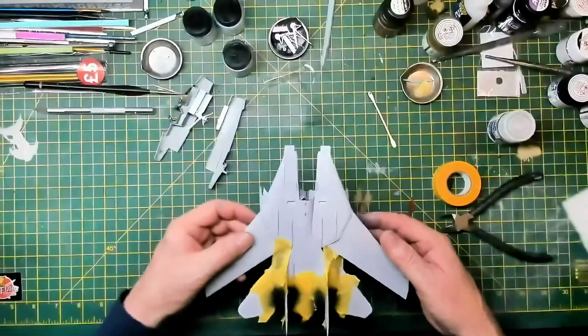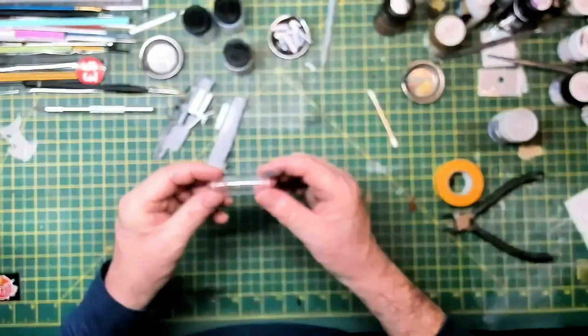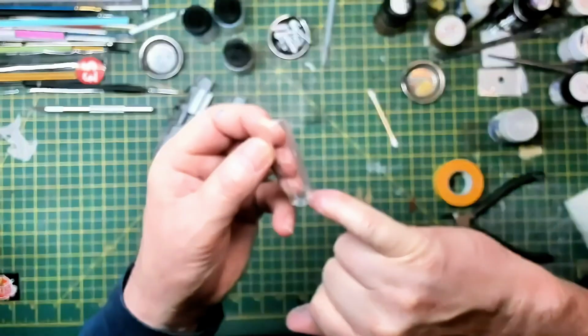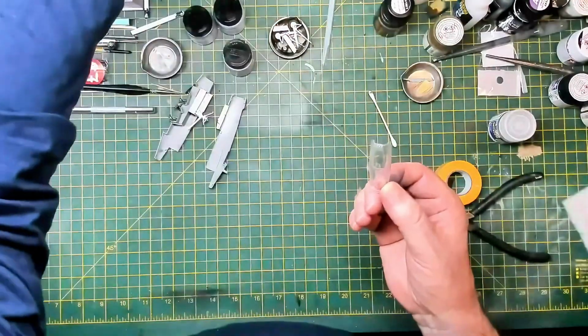So there you are, just a quick video, guys. Oh yeah, the canopy. I'm in the middle of trying to fix this. I don't know if you can see it, but there was a massive seam up the middle of this. I don't know if anybody has experienced this before. So I used a number of grits of